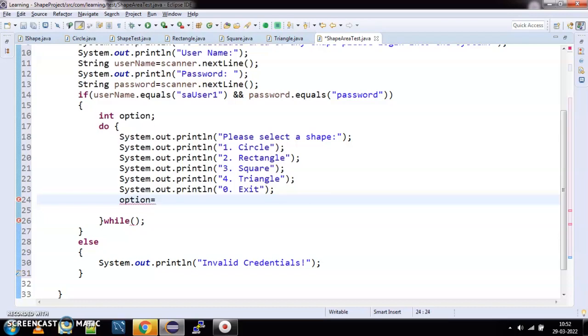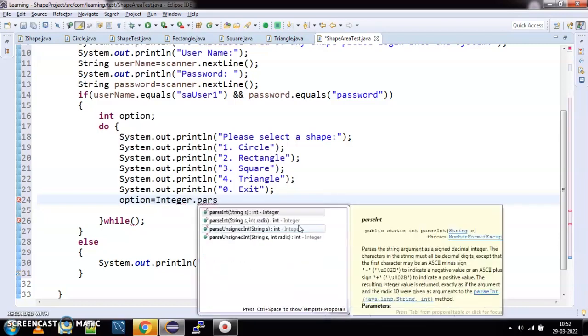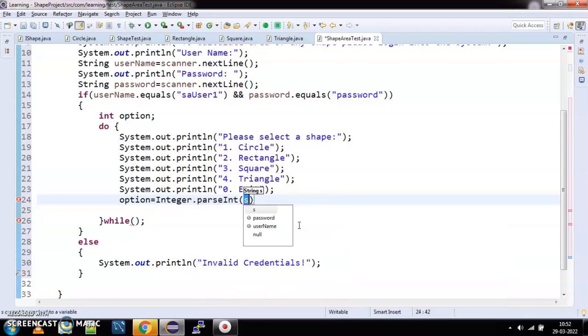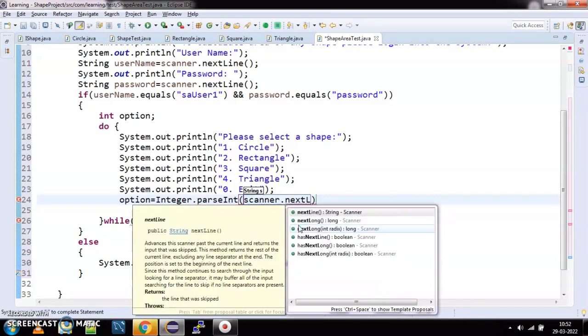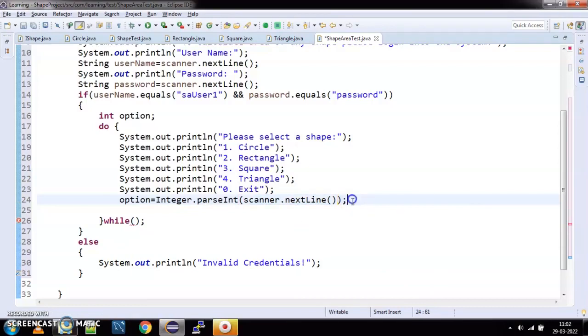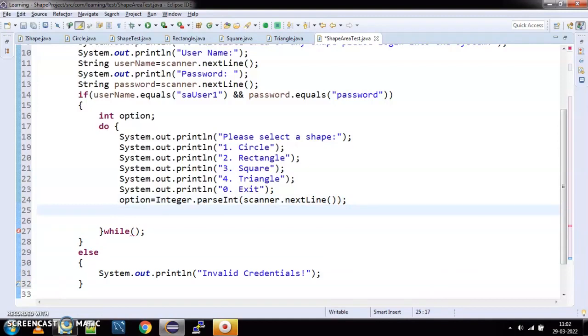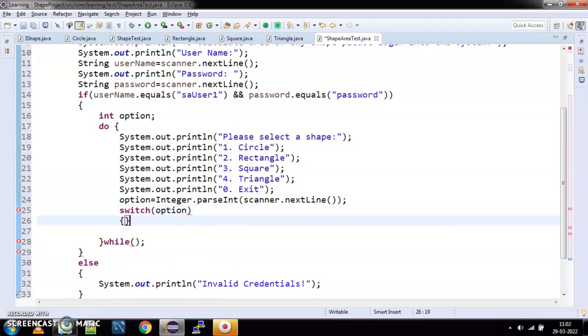is equals to, now here I am using Integer.parseInt to convert my string input into integer. So I'll say scanner dot nextLine, okay, and once we have taken the input in the option variable, we will be using the switch case here to give the logic of the various options that the user will be selecting. So we will say switch option here, and in that we will say